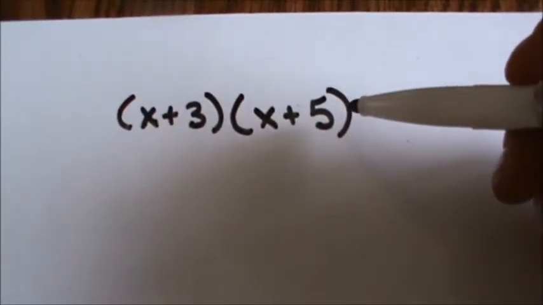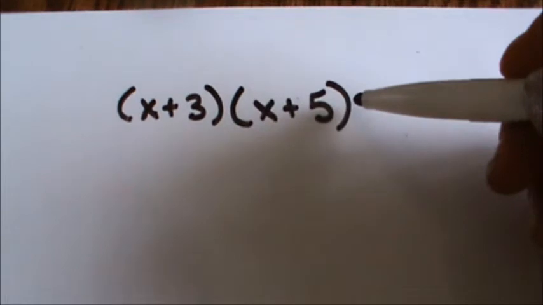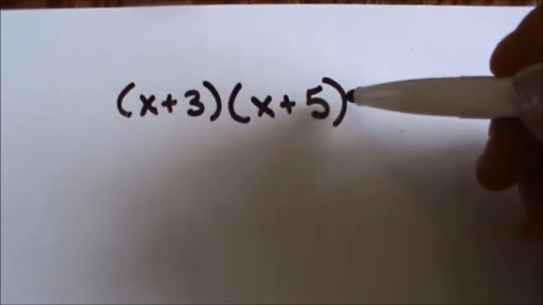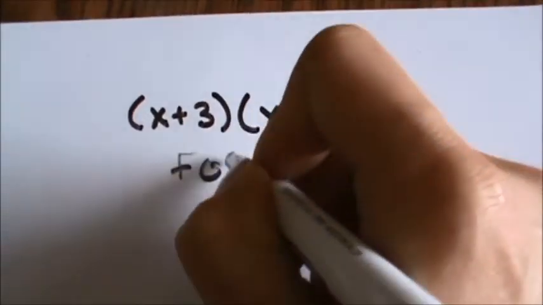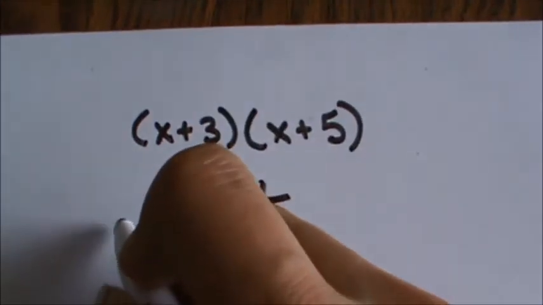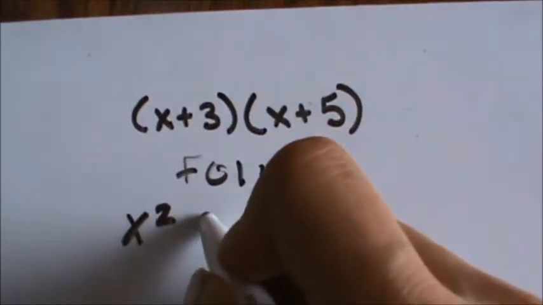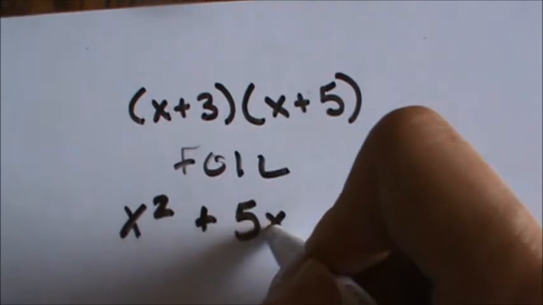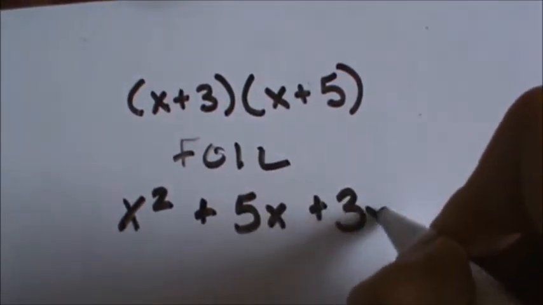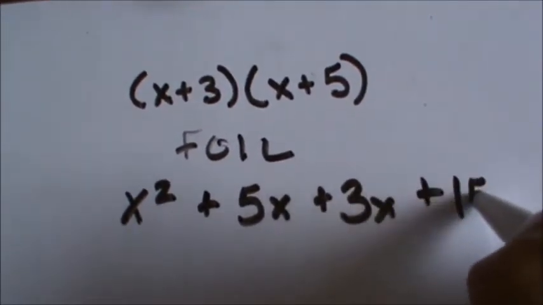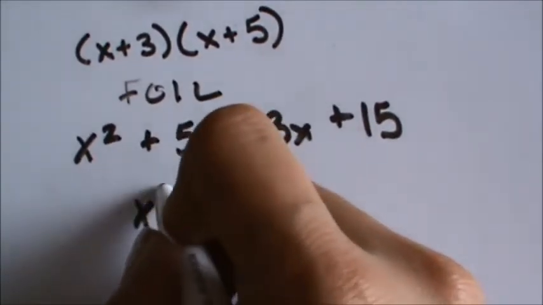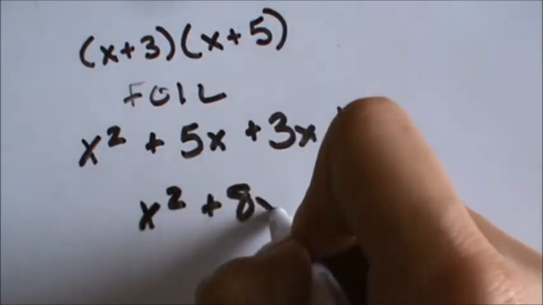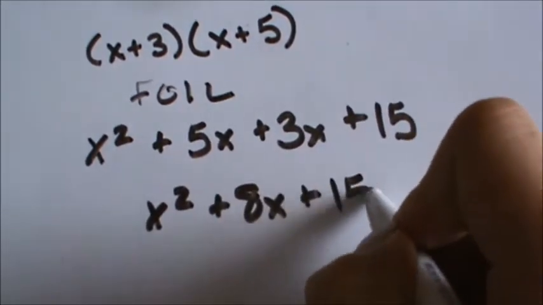This is the factored form of a trinomial. Our goal in this section is to figure out what this is when you're given the original trinomial. So let's first use FOIL to figure out what trinomial this matches up with. So I'm left with first, outer, inner, and last terms. Now the simplified form of this trinomial is x squared plus 8x plus 15, because these